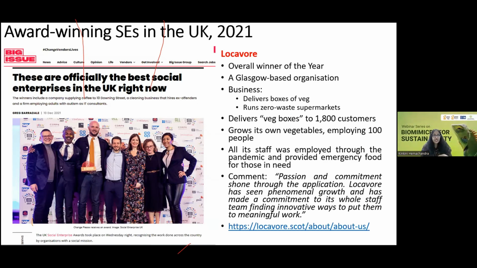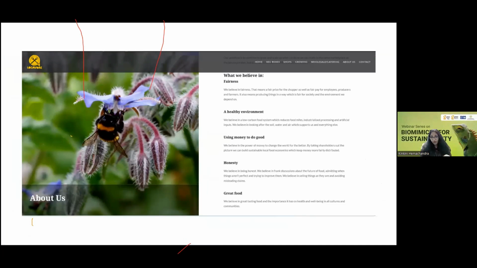This is one of the award-winning social enterprises operating in the UK. They are a vegetable-growing organization, and they provide vegetables to supermarkets in a sustainable manufacturing way. That is their website. These are their key